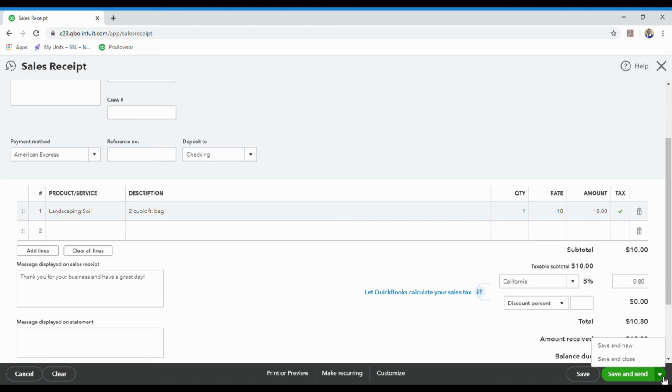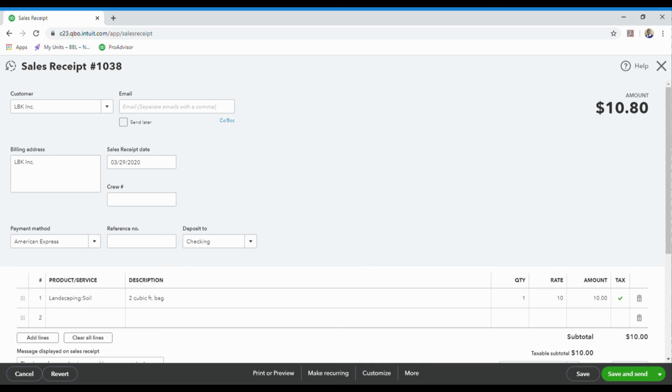So we can either come down here and save and close, or save and new. If I save and close, it will just close this sales receipt, and if I save and new, it will save this and then open up a blank sales receipt as well. So we're just going to save and close this one,